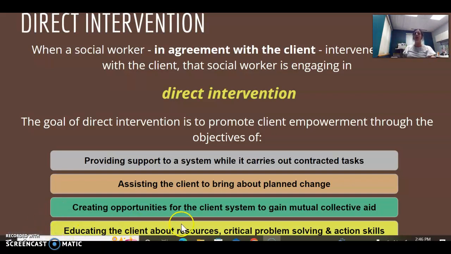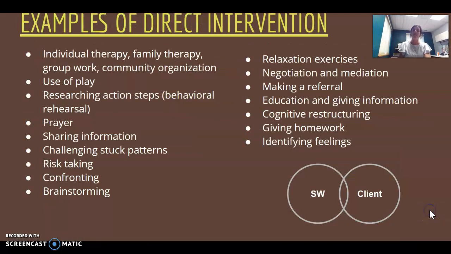Educating is a huge piece within interventions, whether it's educating them about a resource, teaching them skills, how to cope with stress, anxiety, or maybe you end up going to get your master's and you have more skilled therapy skills. Maybe teaching them cognitive behavioral therapy or DBT intervention. So you're giving them the tools to help work towards change. Again, not doing it for them, but coming alongside them and empowering them, giving them every opportunity to succeed, not exceed. I guess I could exceed too.